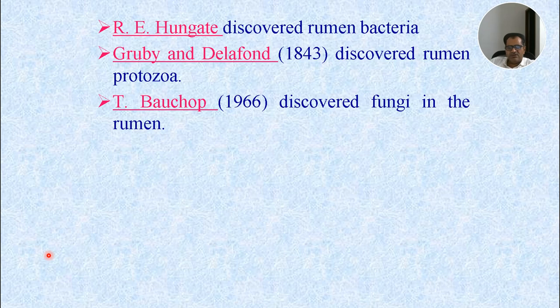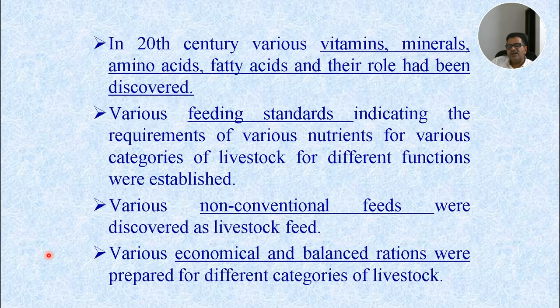Job, he discovered fungi in the rumen. So this is not an easy job. In the year 1966, very recently, about 59 or 60 years back, he discovered that fungi are also present in the rumen. Now we know all these things. Then in the 20th century, various vitamins, minerals, amino acids, fatty acids, and their role, especially in animal production